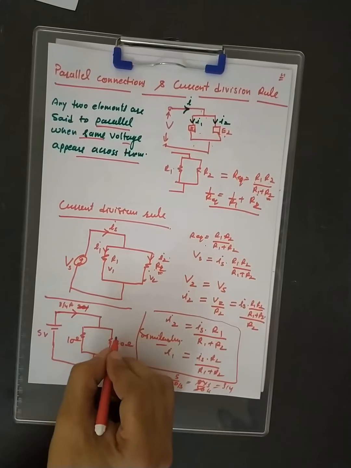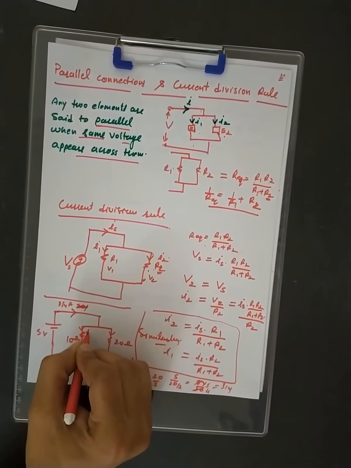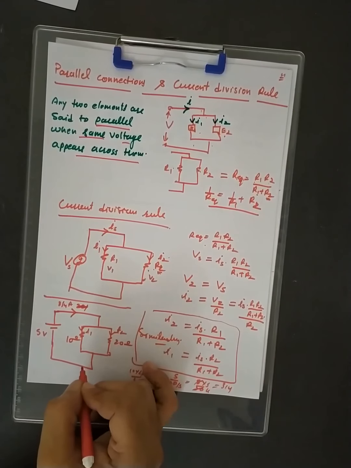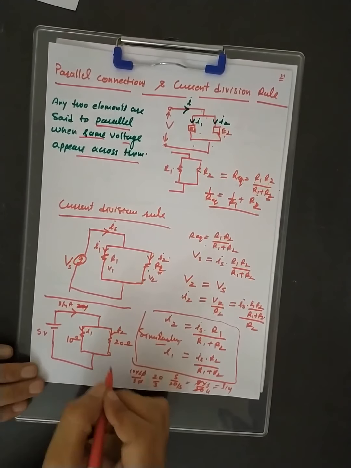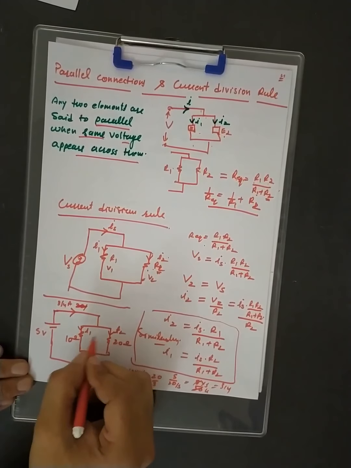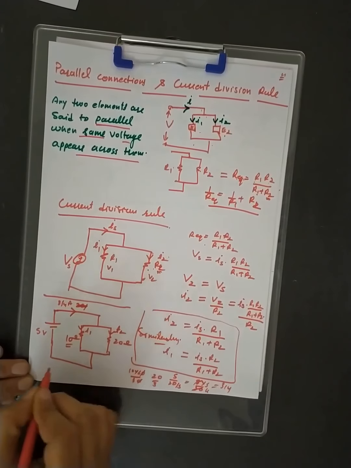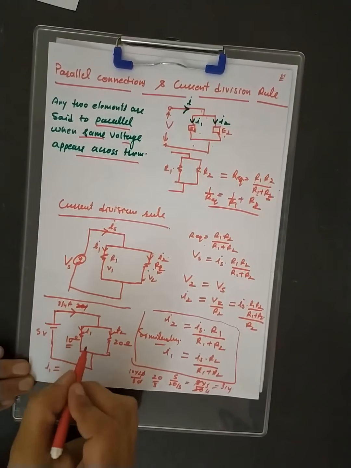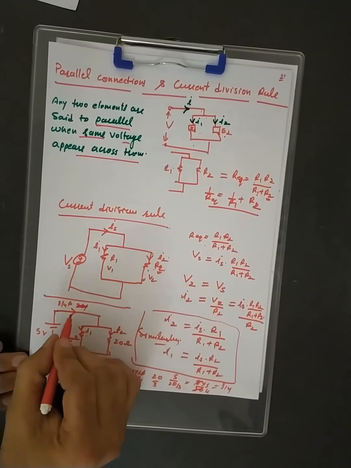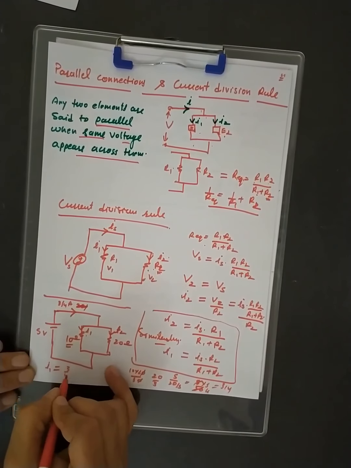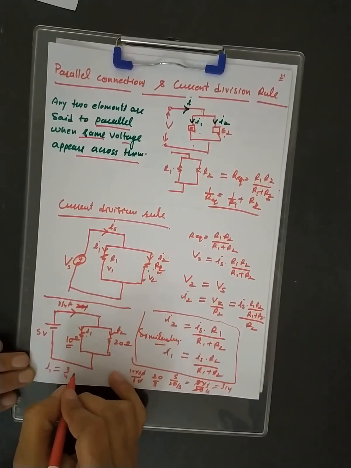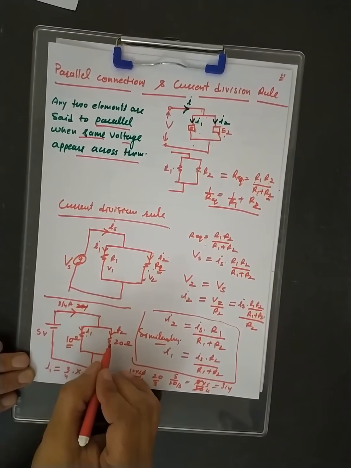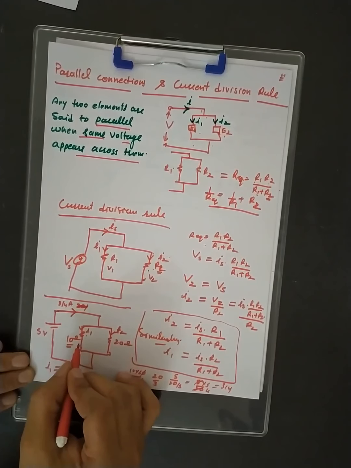Right. Now you are supposed to find the currents I1 and I2 across these two resistances. So directly by using the current division rule, we can find them. Suppose I want to find I1 across this 10 ohm resistor. So I am writing I1 directly here by using the current division rule. Always remember, whenever you have to find a current, first take the total incoming current, that is 3 by 4 ampere in this case, and multiply by the resistance value of the opposite branch. Clear? Do not take the value of this one.